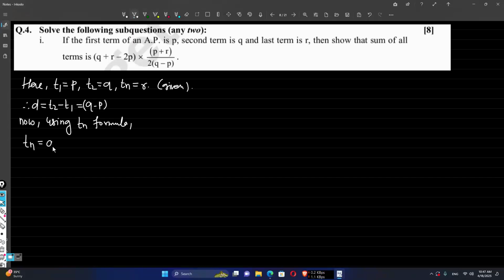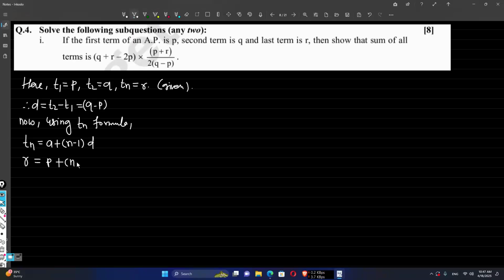Tn is equal to A plus (n minus 1) times D. Now replace the values of Tn, A and D in this equation. Tn means the last term, which is given as R. So R is equal to A, the first term, which in this AP is P. So replace A with P